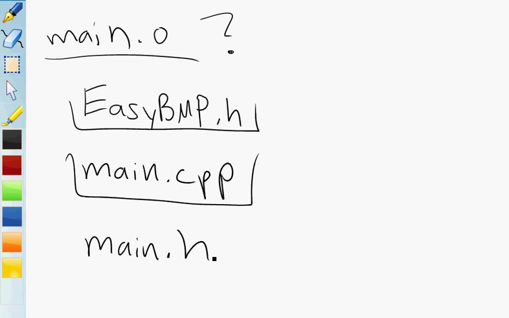If you go through this step-by-step process and see, do I actually need this file to create this object file, or do I need this object file to create this executable? That will save you a lot of time and headache of trying to pick through these difficult